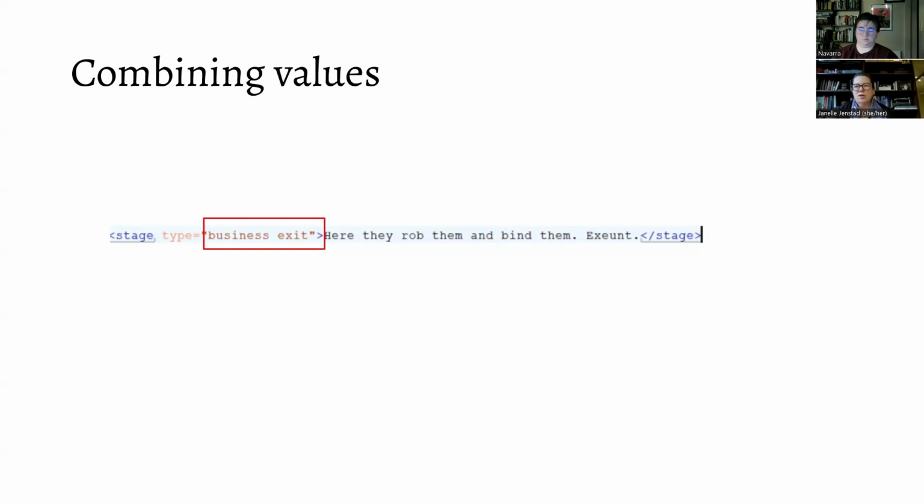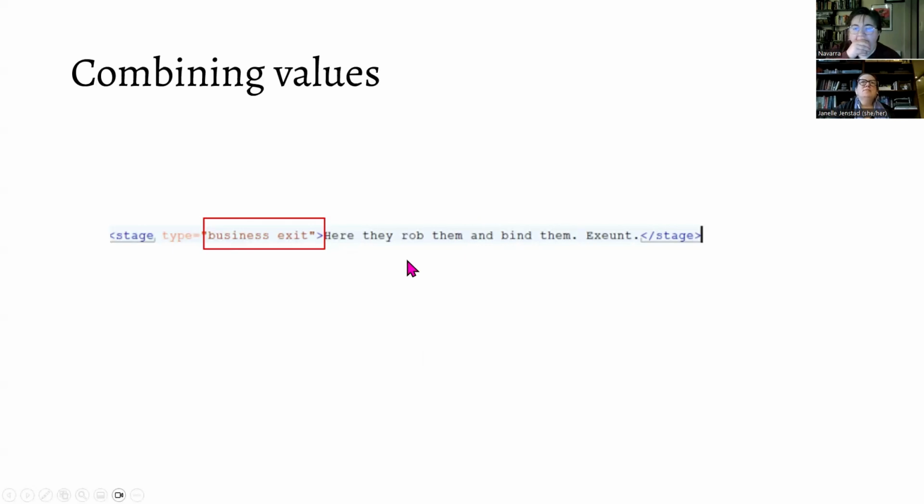So the nature of the type attribute is that it can take only one value, except on the stage element. The stage element is the only element that can take multiple values for stage. So we can take the values that are in that taxonomy of values and we can put them together like this. So if the stage direction is here, they rob them and bind them, exeunt,